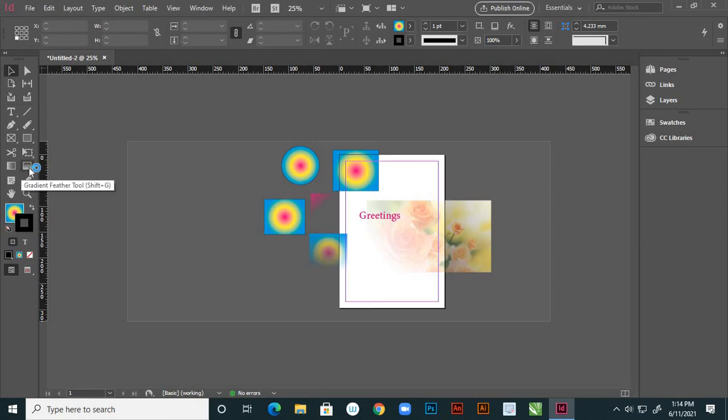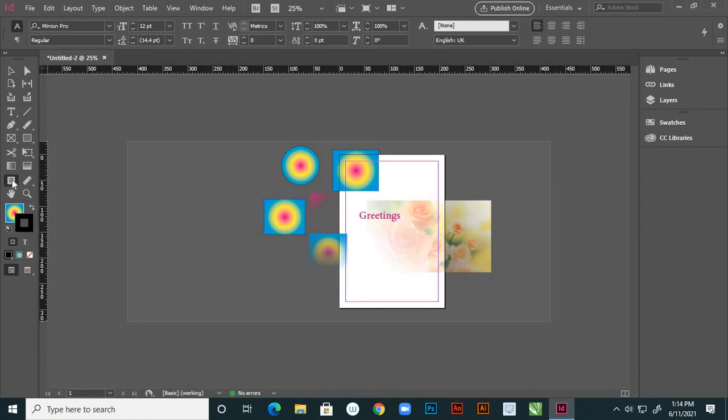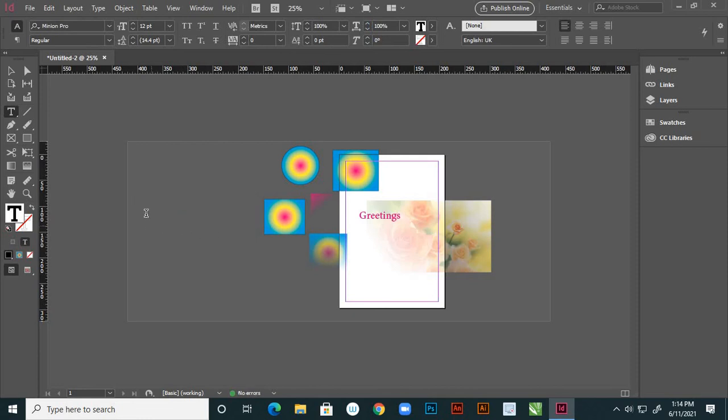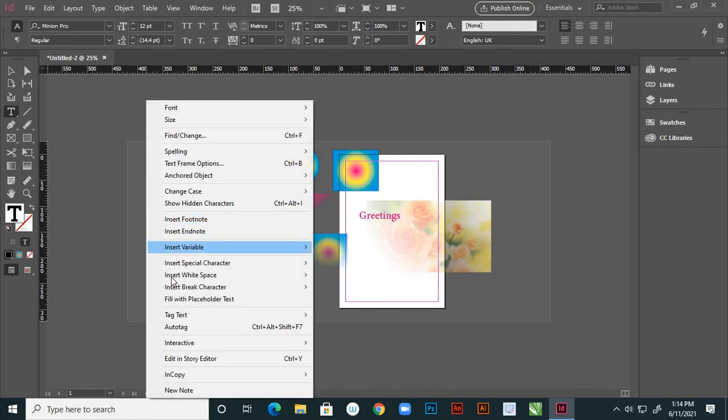So these two are the gradient feather tool, and this is the gradient swatch tool. And come to this tool. So this is the note tool. Suppose, in this I'm creating some dummy text by using fill with placeholder text.